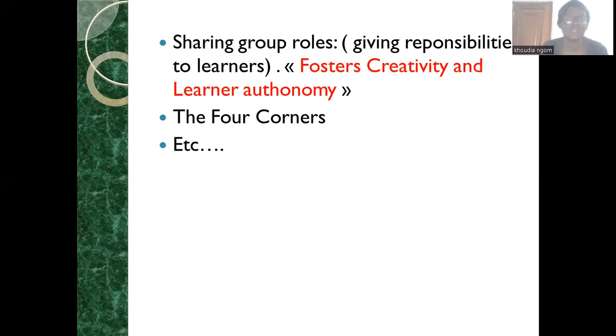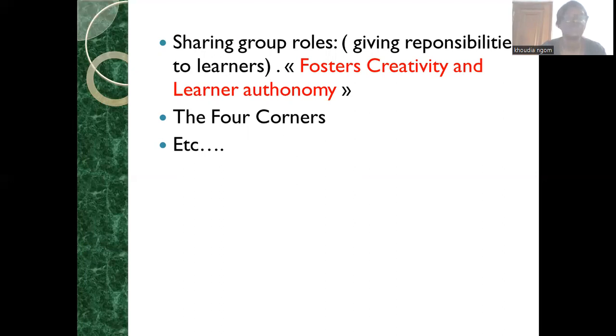The other one can be, for example, the one who will bring, before every meeting, a kind of tongue twister. So sharing roles, giving learners the autonomy, the freedom to choose,